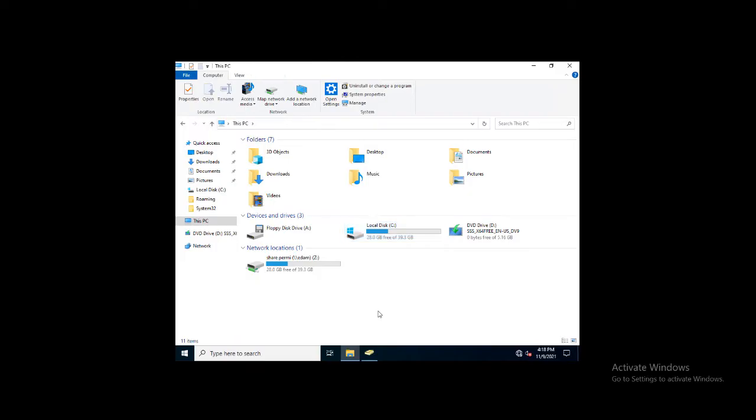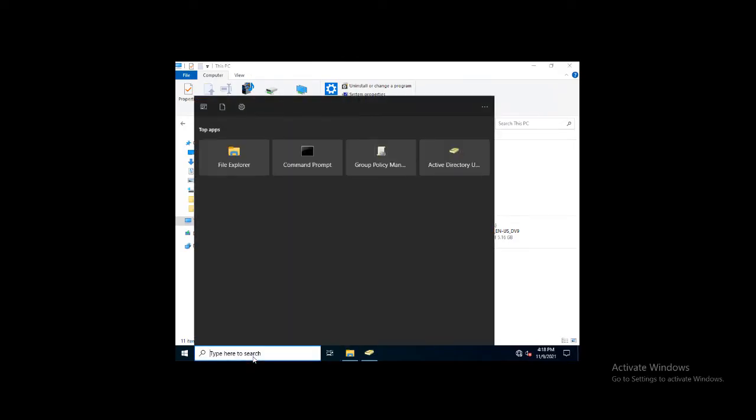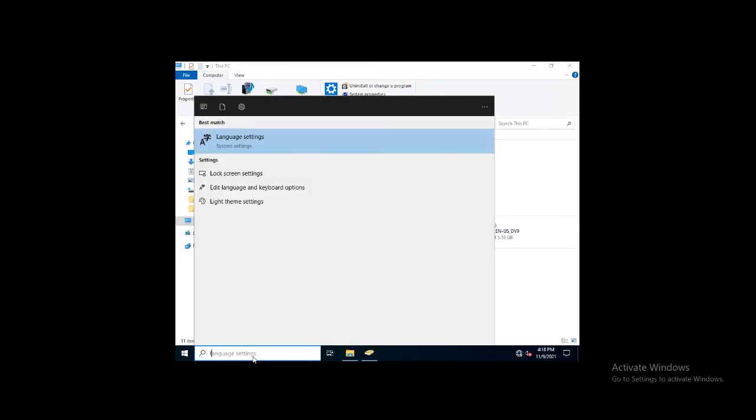So this is my user, this is my server. Before that, I will show you how to check a local user account. I'm showing you on my domain server, so you cannot see the user accounts here. However, you can check it on your machine.